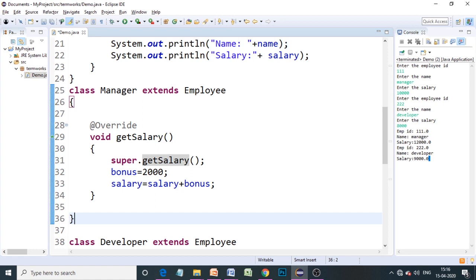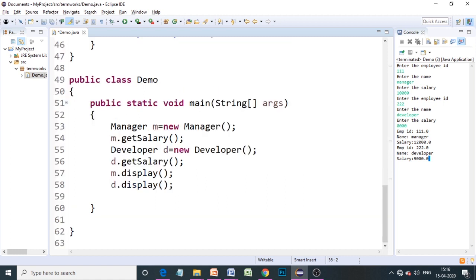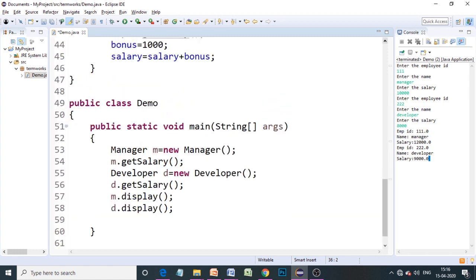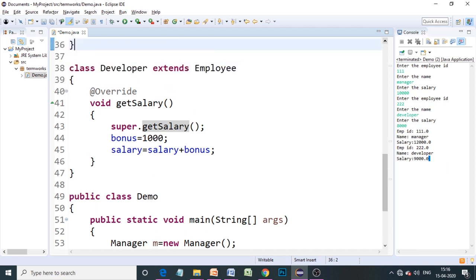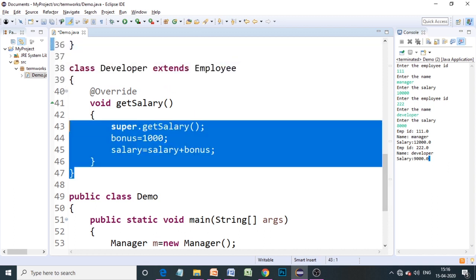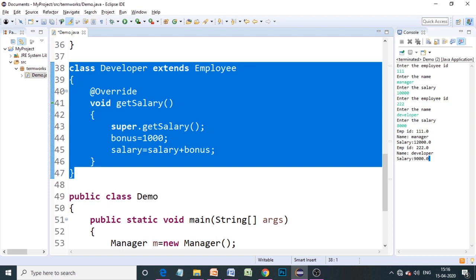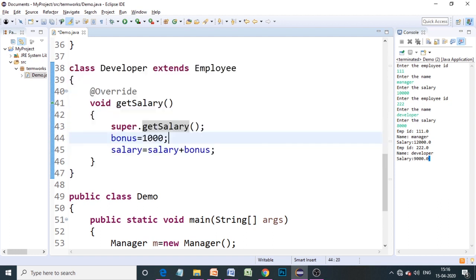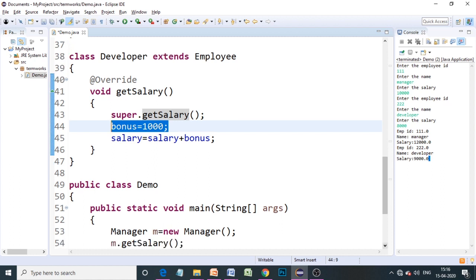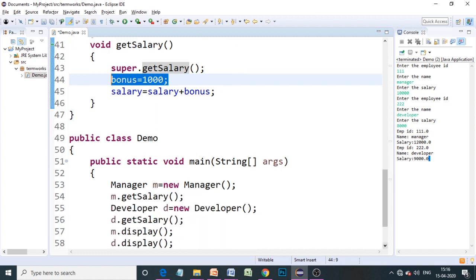That concept we have already discussed in the previous lectures, and the same thing is applicable for the developer class also. Only the change is I have written it as 1000 rupees, and as I have mentioned earlier, you can take any bonus as per your wish. This is just to illustrate how exactly it works. I have taken it as 2000 and 1000.